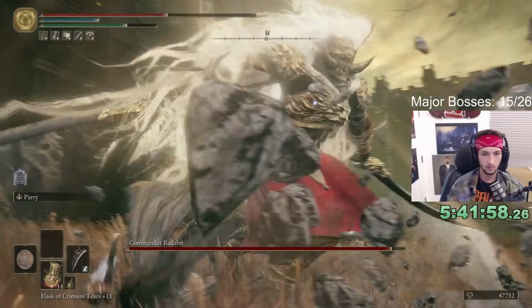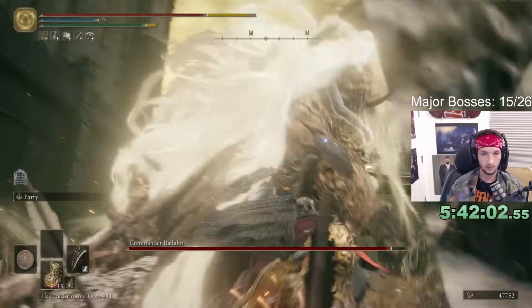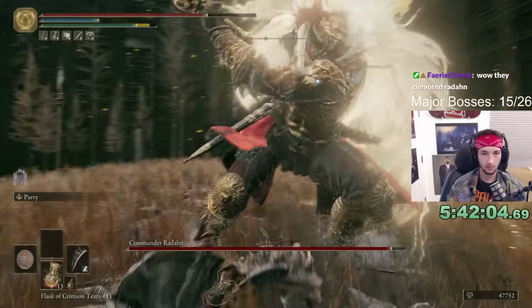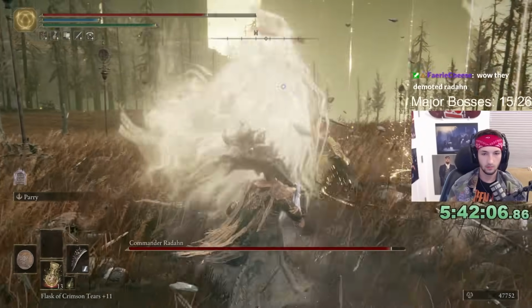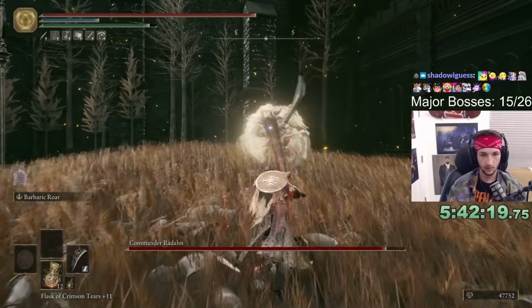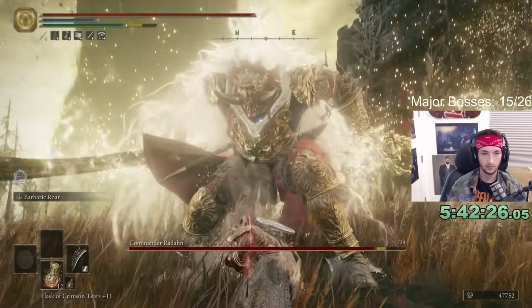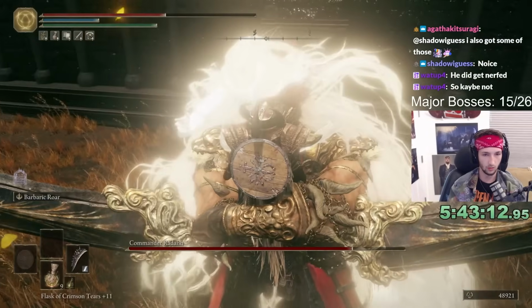This is post-nerf Radon, so he's a little easier, but all his timings have changed, which means I'm parrying and dodging way too early due to my muscle memory from fighting the real version. So I get rid of the shield and decide to learn the new timings on the fly. They should be easier, I just have to pay a little more attention than usual. Unfortunately, I do get hugged, and then, well...